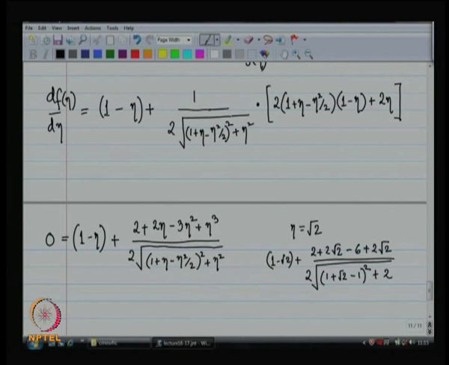So, this simplifies: 1 plus square root of 2 minus 1 is basically square root of 2, whole squared is 2, 2 plus 2 is 4, square root of 4 is 2,